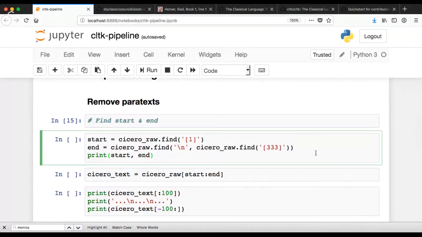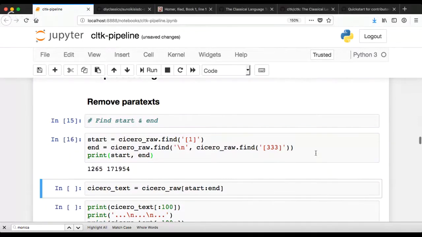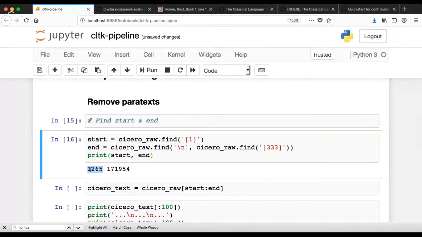And with any sort of slicing of text that you find basically at random on the internet, there's a little bit of an art to getting starts and ends. In the exercise that I presented for today, I said to go out and get some of your own text and run it through this pipeline. You may have to come up with creative solutions for finding the start and end of any bit of text that you find. But you'll see that I've printed the start and end positions. So we know that the text that we want starts at the 1,265th character and ends at the